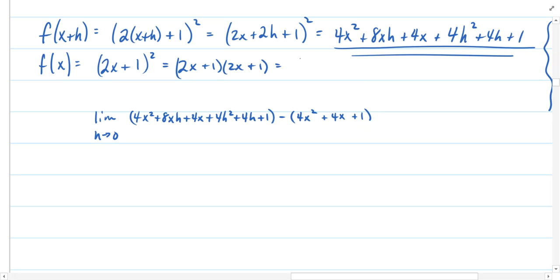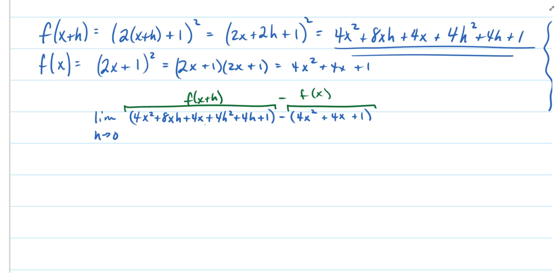So in doing so, we get 4x squared plus 4x plus 1. I've indicated that here. So we've got ourselves f of x plus h in this group, and we're subtracting from that f of x per our definition, and all of that's to be divided by